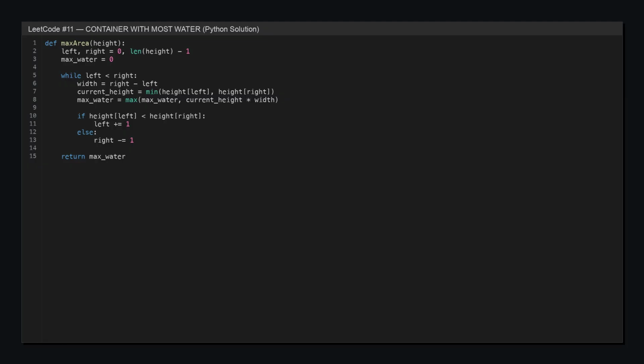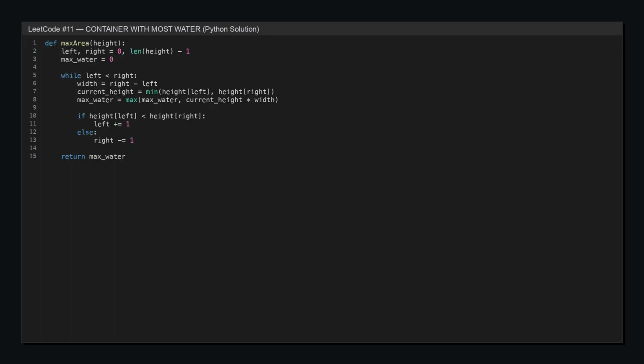The Python code on the slide addresses LeetCode problem 11, which asks us to find the maximum area of water that can be contained between two vertical lines on a two-dimensional plane. To tackle this efficiently, we use the two-pointer technique, a smart approach in algorithm design that helps minimize time complexity. We start by initializing 2 pointers, left and right, that point to the beginning and end of the list named height. This list represents the heights of our vertical lines. We also create a variable called max water to keep track of the largest area we've found as we explore the container options. The main part of our algorithm is a while loop that runs as long as left is